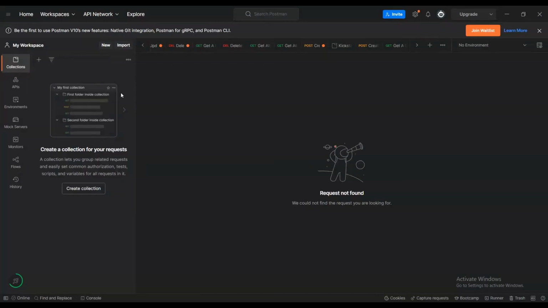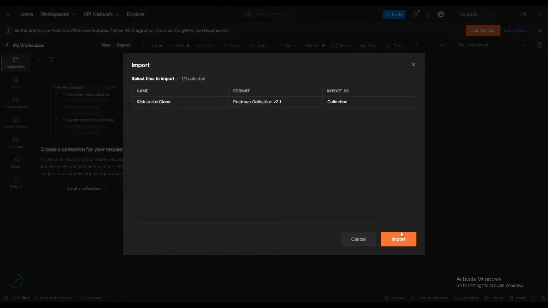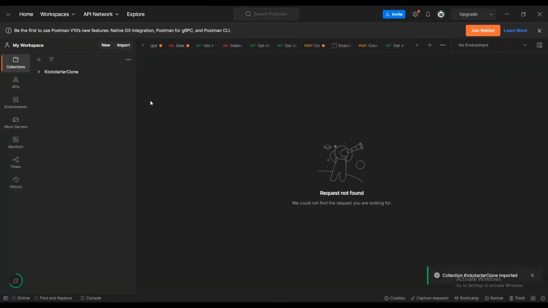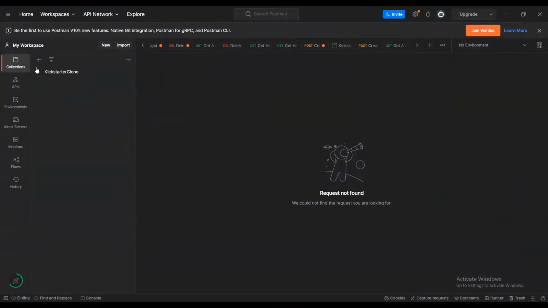So inside of Postman, again, this shouldn't be anything new to you if you followed along. You're going to import the collection, and we're just going to test it. I've got a helpful reminder here to either not test the create project command, because we'll run into errors, or if we do, we're going to drop the database. So when we run into this,